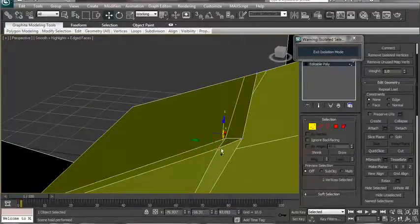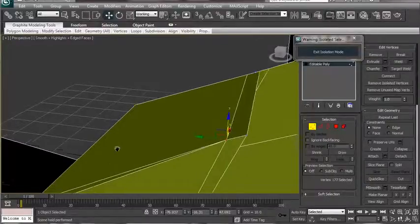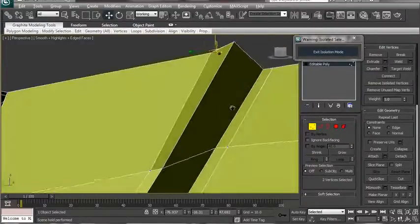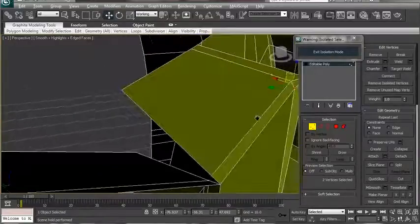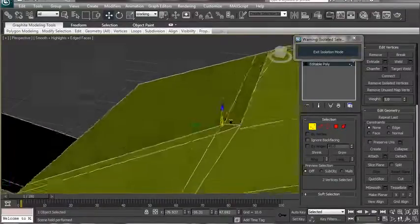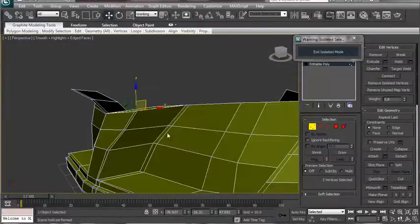Okay, let's try welding once more. Okay, that has come out nicely, but it seems that you should not weld those faces together. So what we can do is